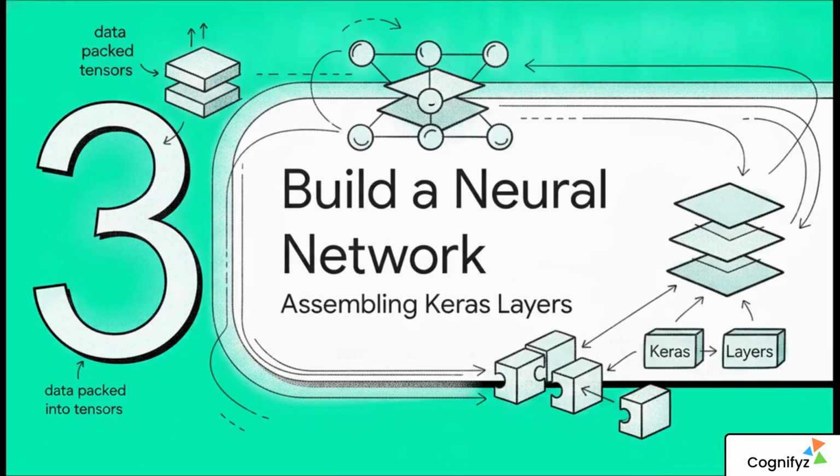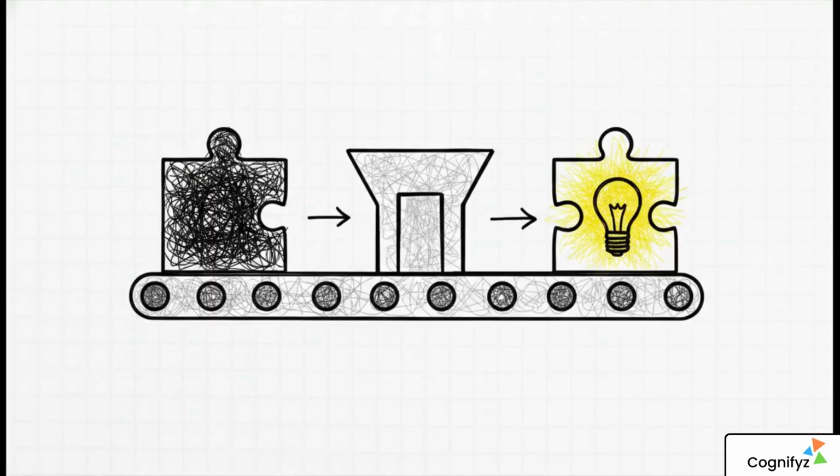All right, Section 3, building a neural network, assembling with Keras layers. And this brilliantly illustrates our next step. Now that we have our data packed neatly into tensors, we start snapping those building blocks together into a structure using Keras. Remember, that's TensorFlow's high-level API. We're creating a sequential model here, which really just means our data will flow through it in a straight line, layer by